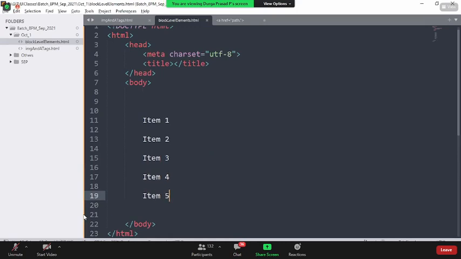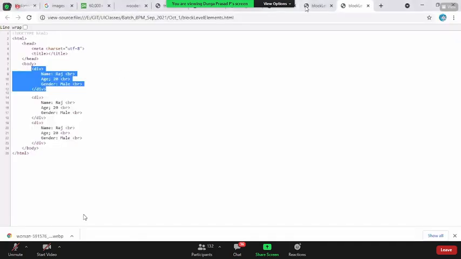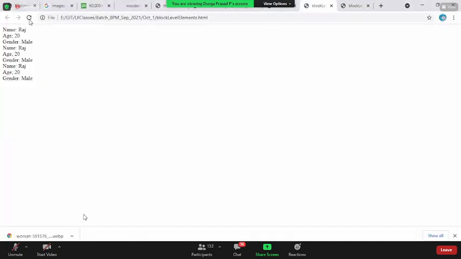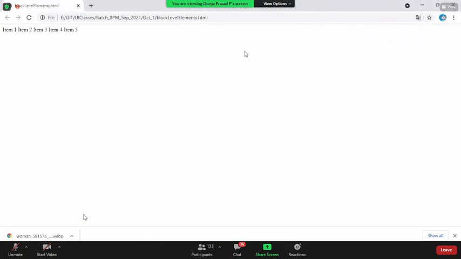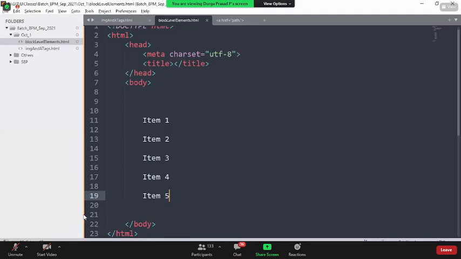Simple 5 text items I have added. Come back to the page and reload the page here. Do you see why all the items are in a single line? Now, if I ask you a question, boss, I have given the line breaks wherever I wanted. Why is it not considering them? Hope you know that already.